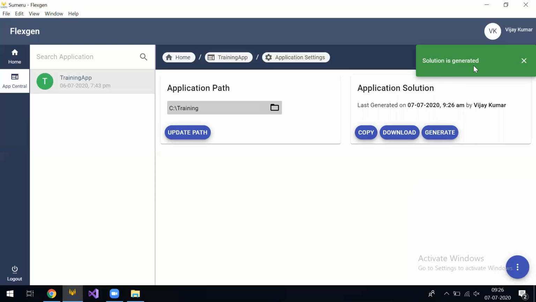Done. So it says solution is generated, and it says it's been generated by Vijay Kumar. And now three buttons come up: copy, download, and generate. So you can regenerate again.